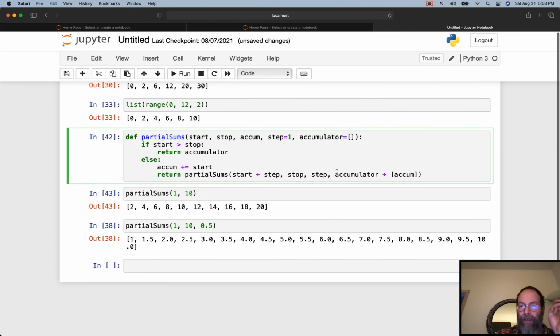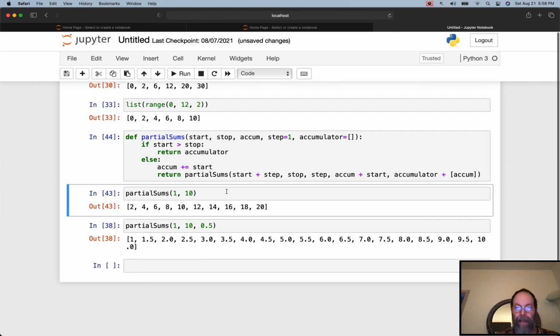And here we're going to do accum plus start. But yeah, that's a little crazy. Okay, so let's try that. Which means we have to provide the function with 3 arguments. The last 2 are default arguments, so I don't have to provide them explicitly. But these 3 arguments must be provided explicitly, okay? So if we do 1, 10, 1,